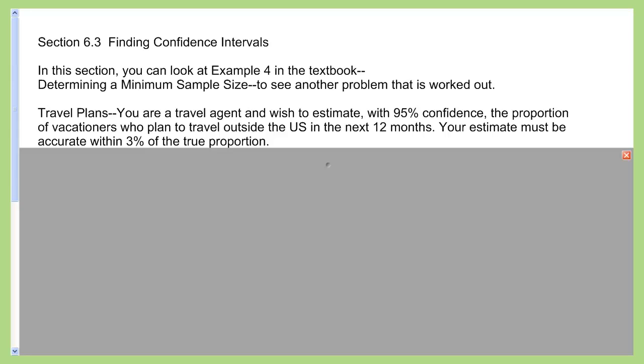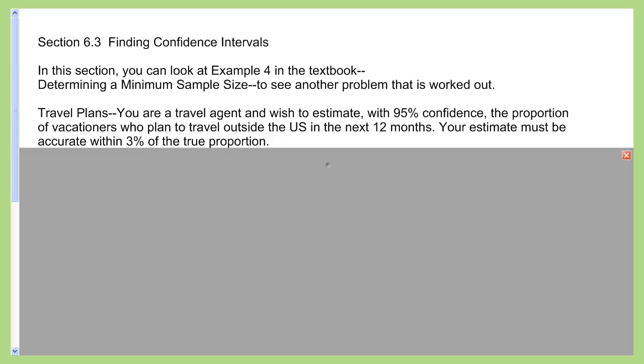This is section 6.3, finding confidence intervals, and I want to go ahead and tell you that you can find another problem like this one in this section, example 4, and it's about determining a minimum sample size. How many samples do you need to have a decent proportion? And so you can look at that one also, but this one says you're a travel agent and wish